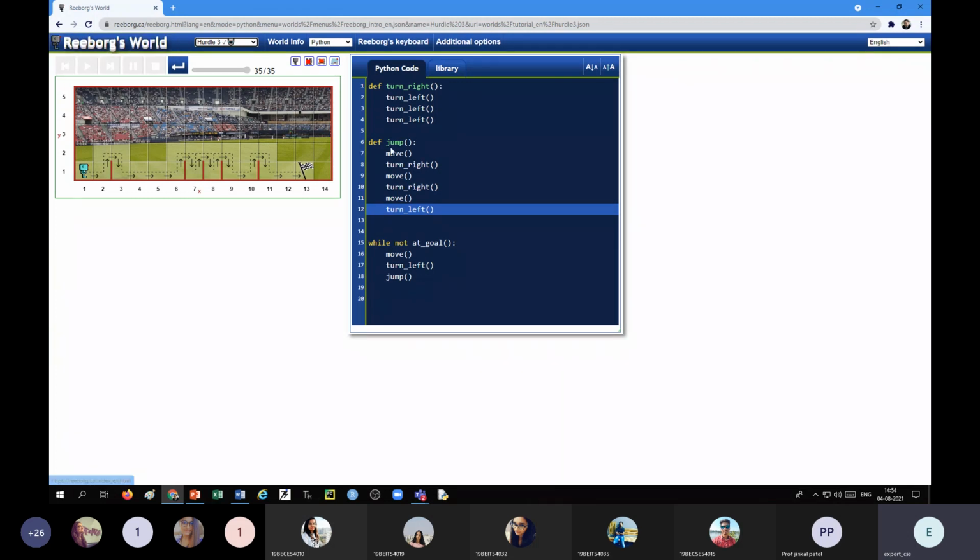Okay, and open this, and in this window you can select hurdles 3. Okay, and try to write the code for this. Okay, so pause the video and try to complete, and after completing you can copy the code in the chat box.